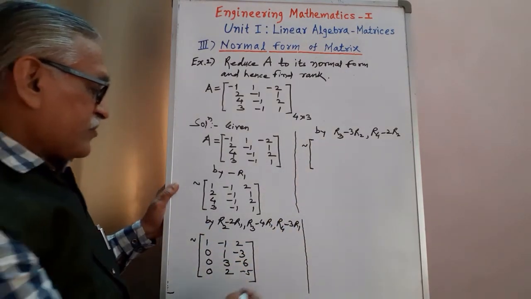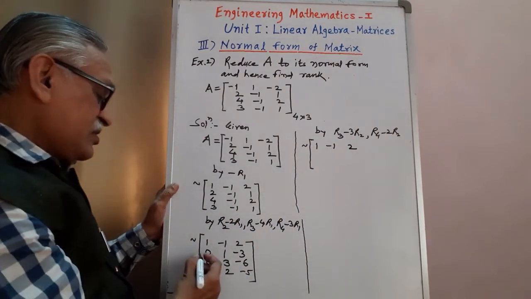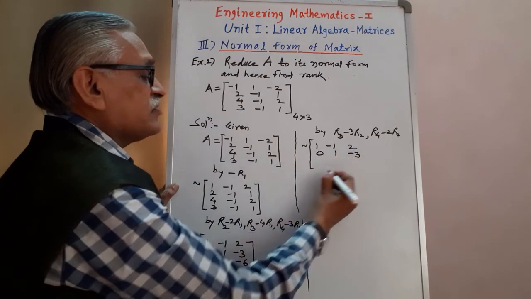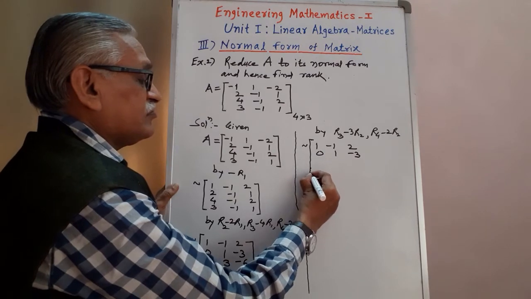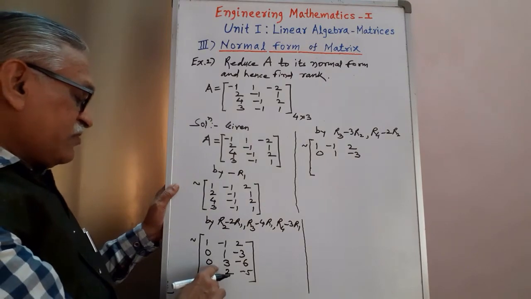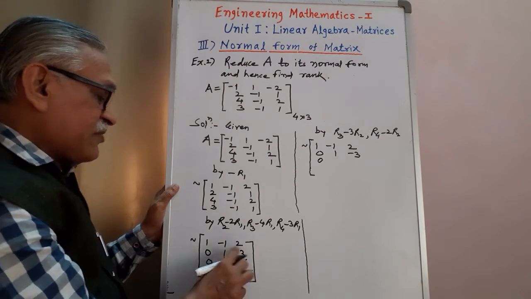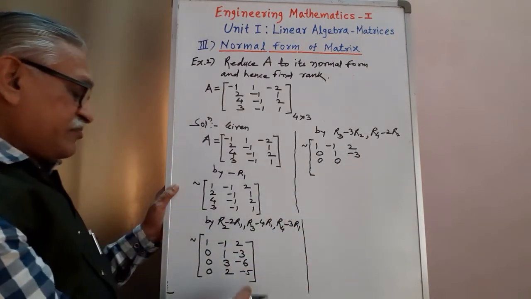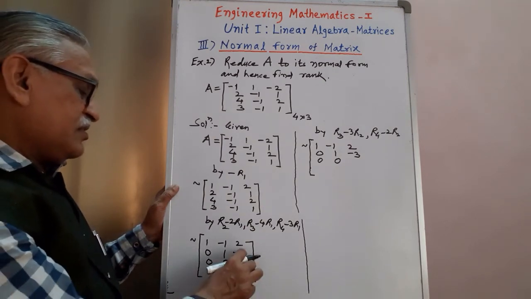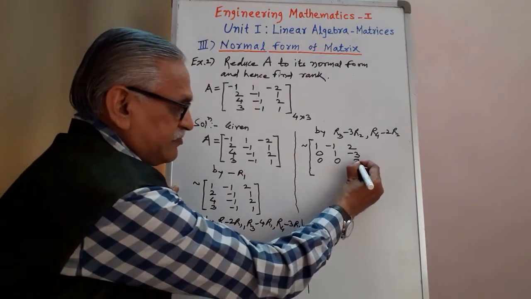And therefore we have first row no change, 1 minus 1 2, second also no change, 0 1 minus 3. For third, the changes are: 0 minus 3 times 0, 3 minus 3 times 1, 3 minus 3 we get 0, minus 6 minus minus plus 3 times 3 is 9, minus 6 plus 9 we get 3.